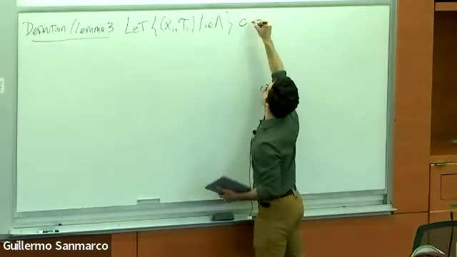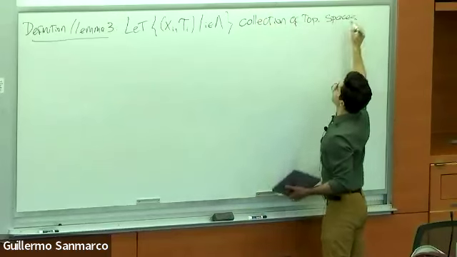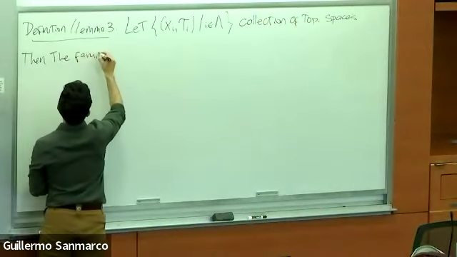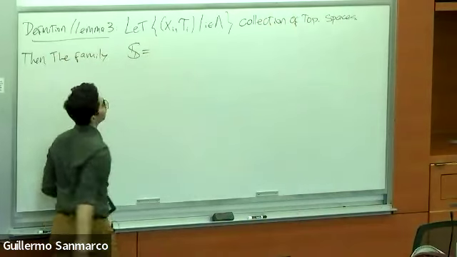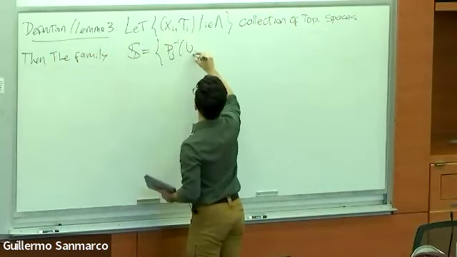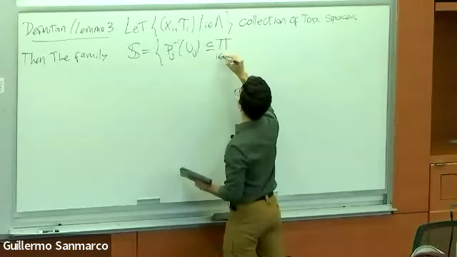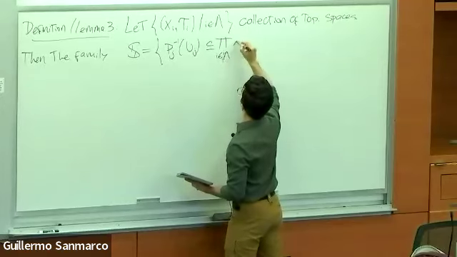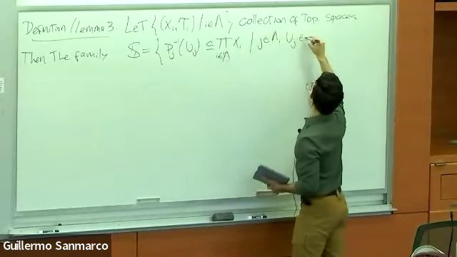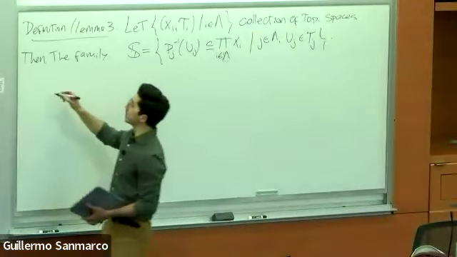Then the family, I will use S, the pre-image under Pj of Uj, which is a subset of the arbitrary product, where j is any element in lambda and Uj is any open set in Xj. Then this family is a sub-basis